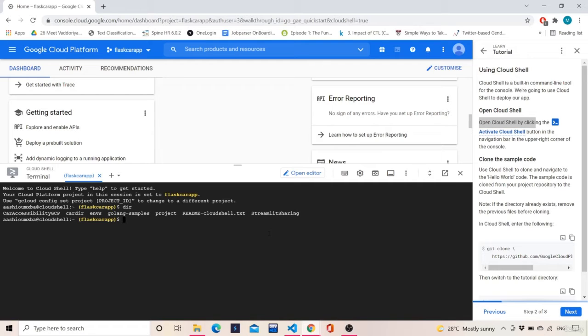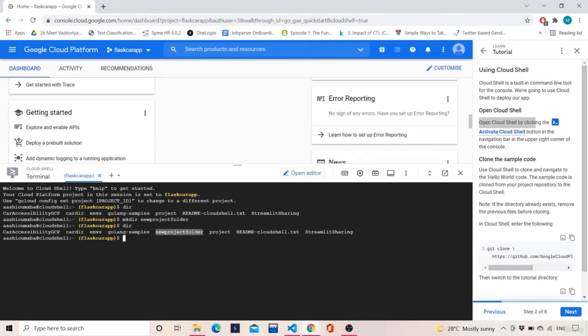As we are doing a new deployment, I'll create a new folder with mkdir, a new project folder. As you can see, the new project folder has been created over here.